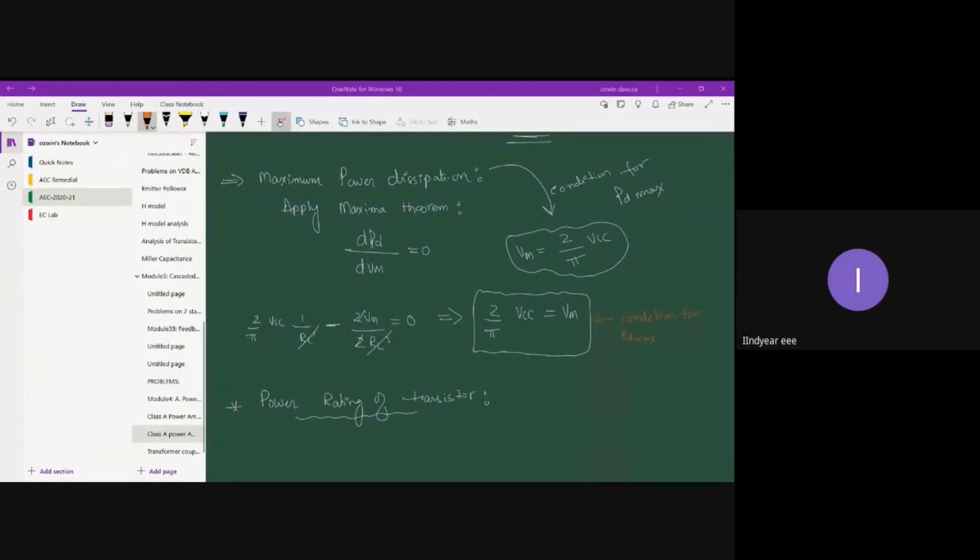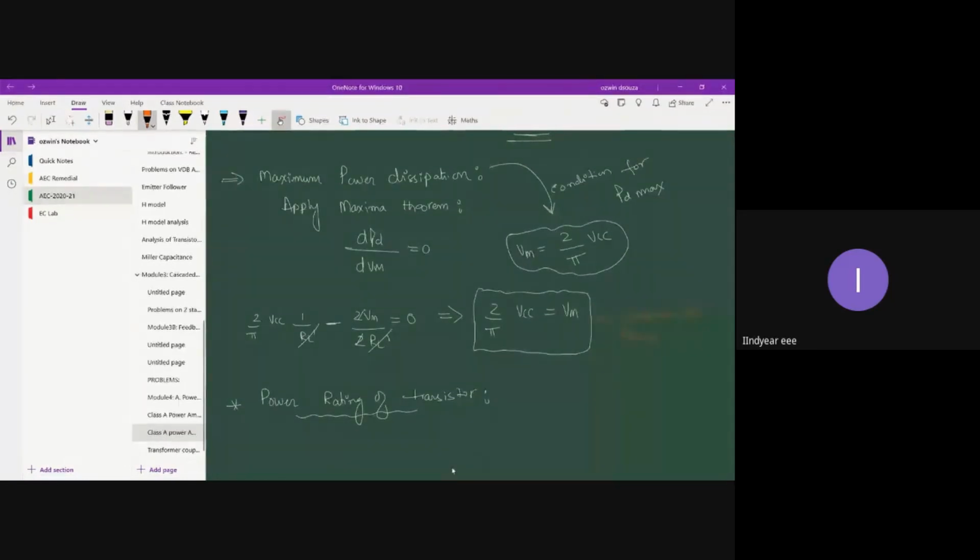Okay. So to find the power rating of transistor, we will first write down the AC power expression. So PAC is equal to